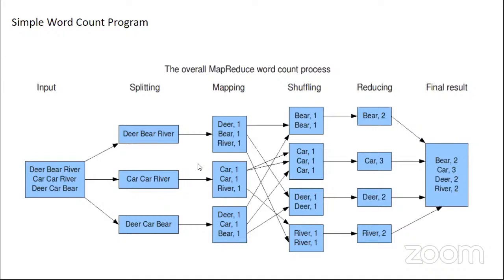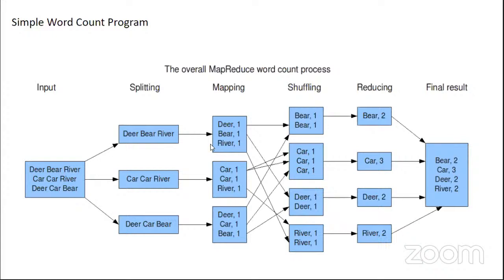The mapper which is processing block 1 will check the splitting operation. Okay, half of the line is here and the other half is somewhere else in another block. It will do a remote procedure call to that block, get the remaining end of the line, and it will be transferred to the first block. This is how splitting happens. Then the mapping will be done, right?